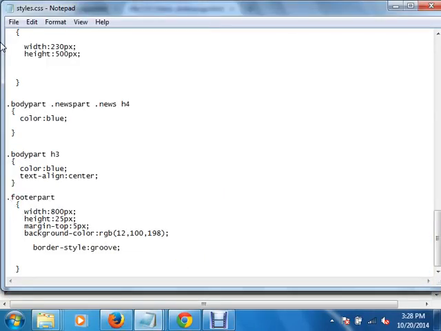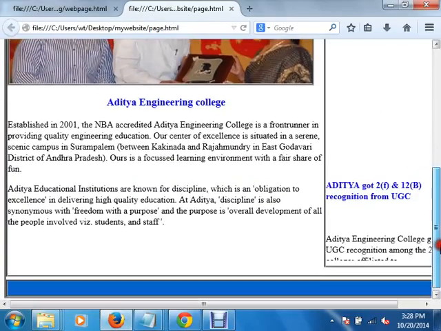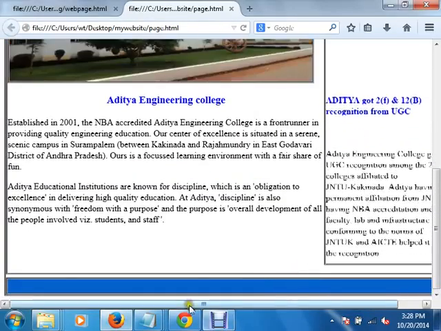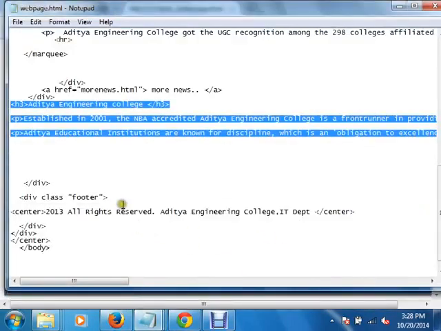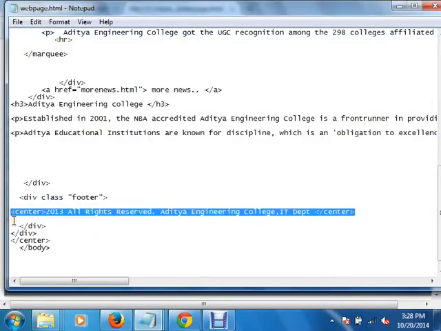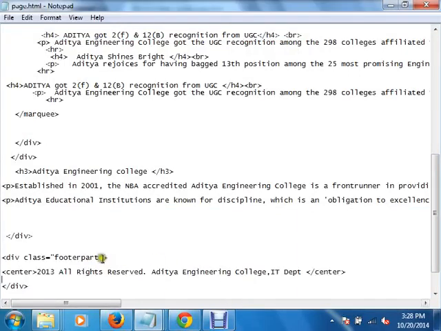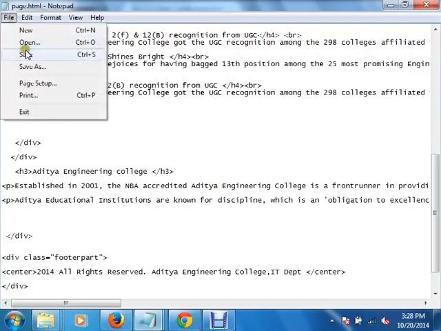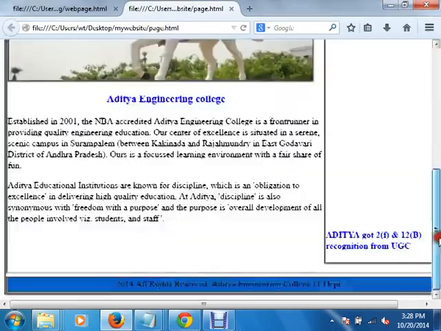It's dot footer part. Okay, this is the footer part. Inside this we can display some information. So inside the footer part, okay.